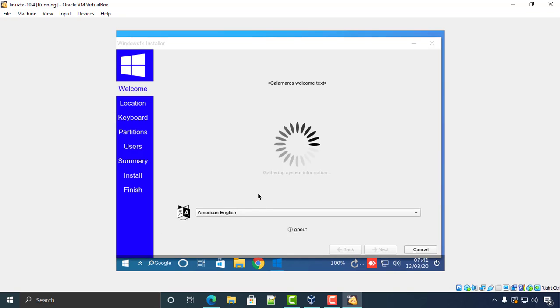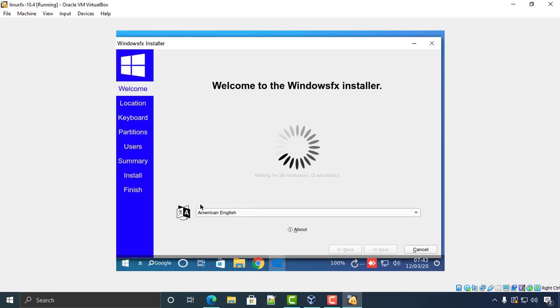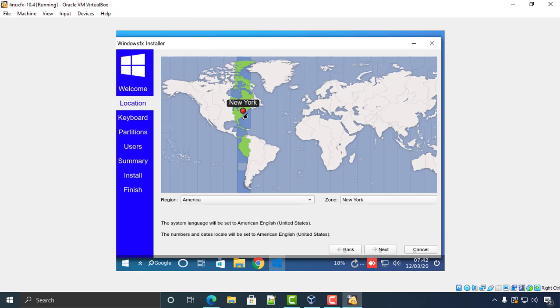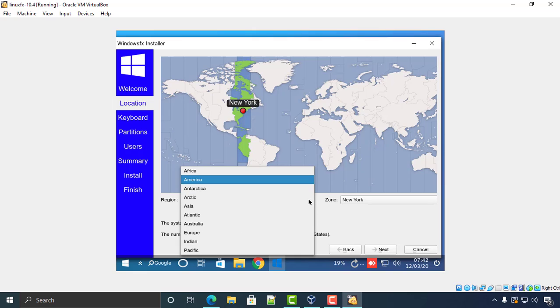So that is done. Now here, this is the language of the American English, so we select the English here. During the installation process, whatever they need, they will just pull everything from the internet. So if you have internet, that's good. So now here FX OS, so we click next, and now New York,